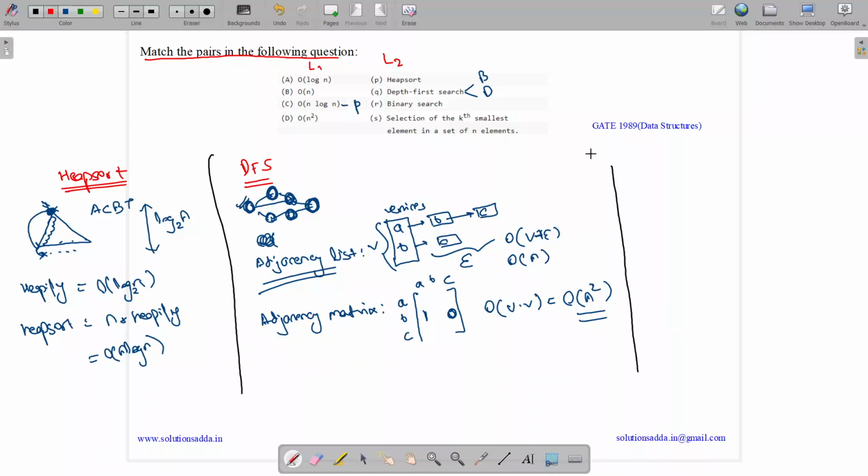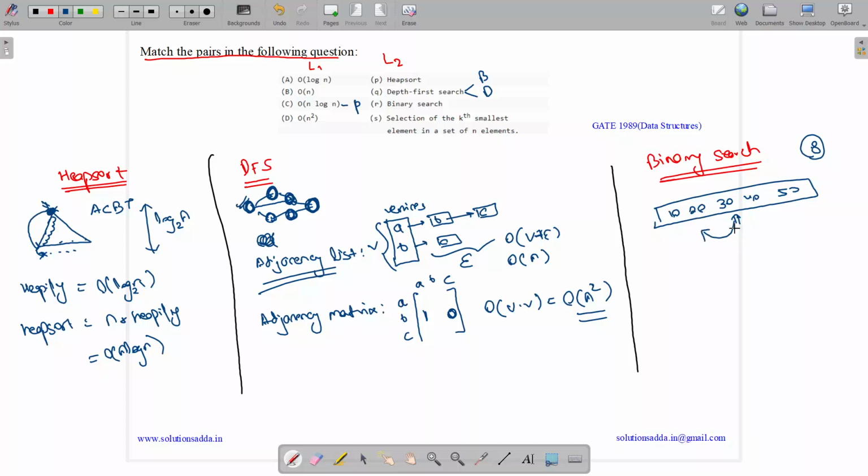So the next option is binary search. So what is binary search? In binary search, we would be given a list of items or an array. We will first come to the mid item. Let us suppose the items are 10, 20, 30, 40 as well as 50. So we will come to mid. Let us suppose we are searching 8. If 8 is less than 10, then we will go to the left. And if the item we are searching, if we were searching 45, is greater than the mid, then we will go to the right.